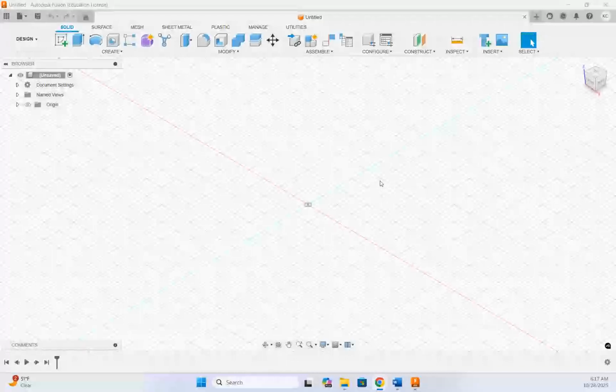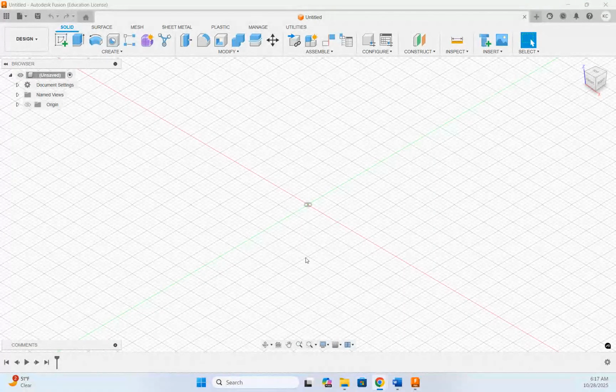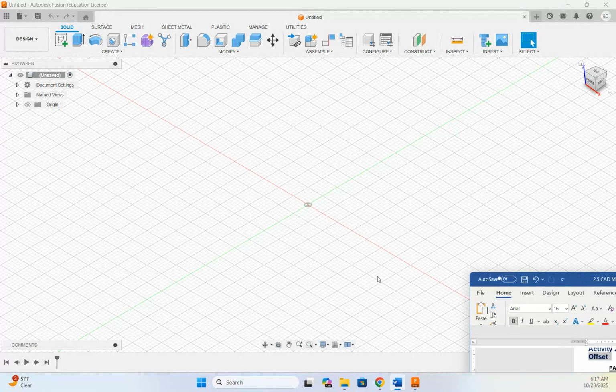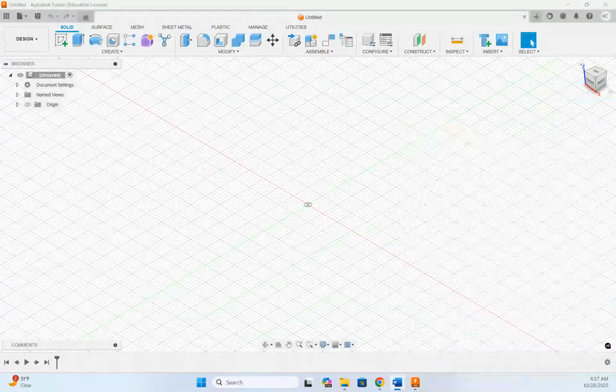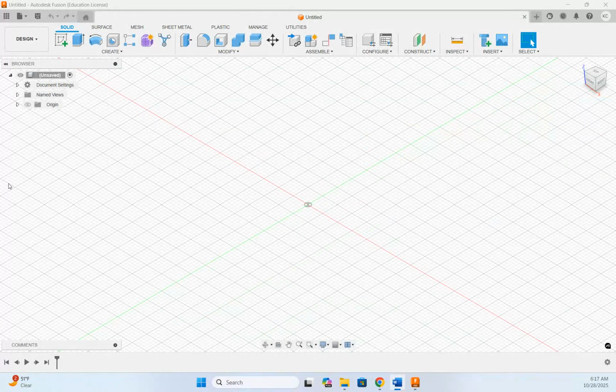So today we're going to walk through activity 2.5, the CAD modeling skills, and we're going to go ahead and draw this object right here. We're going to do that together in Fusion, and then you'll finish it up on your own. So let's get started. The first thing we're going to do is create a sketch on